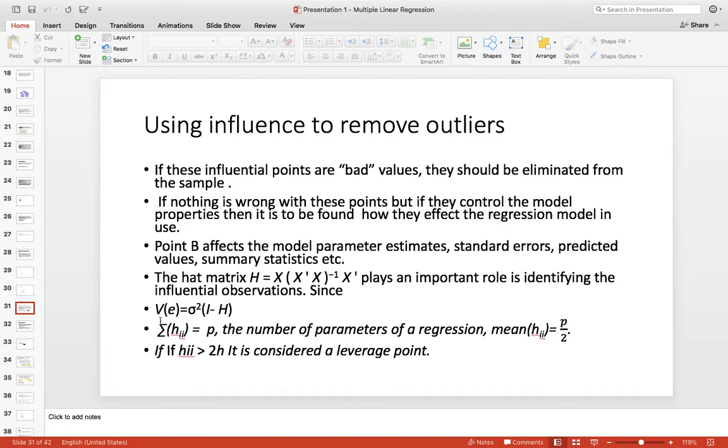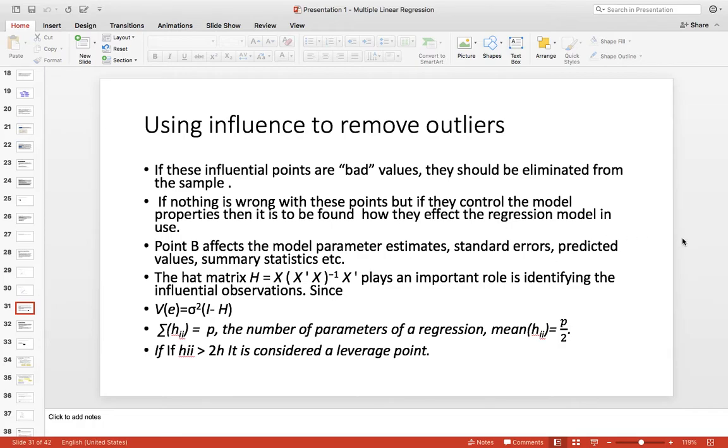Now there is a property: the summation of all the h_ii, not h_ij. That means if you add up all the diagonal values of the hat matrix, the result will be P, which is the number of parameters of the regression. In our case, there are 4 independent variables, so the value of P will be 5.